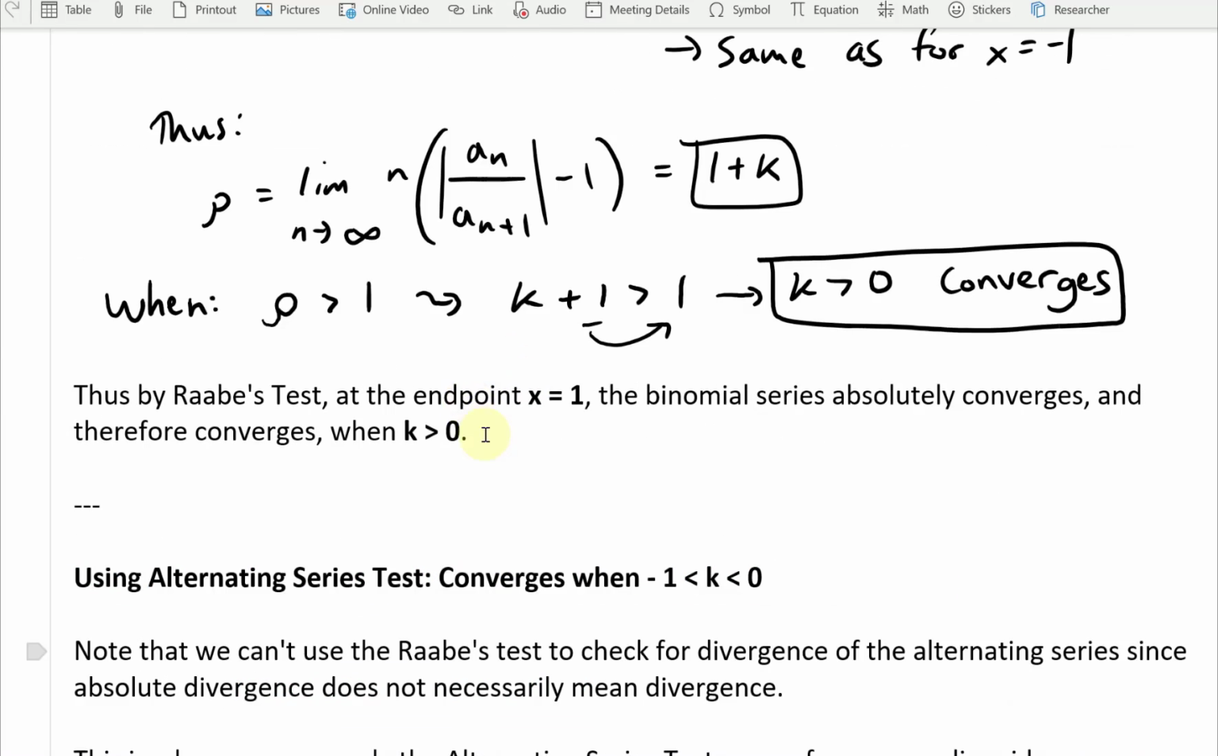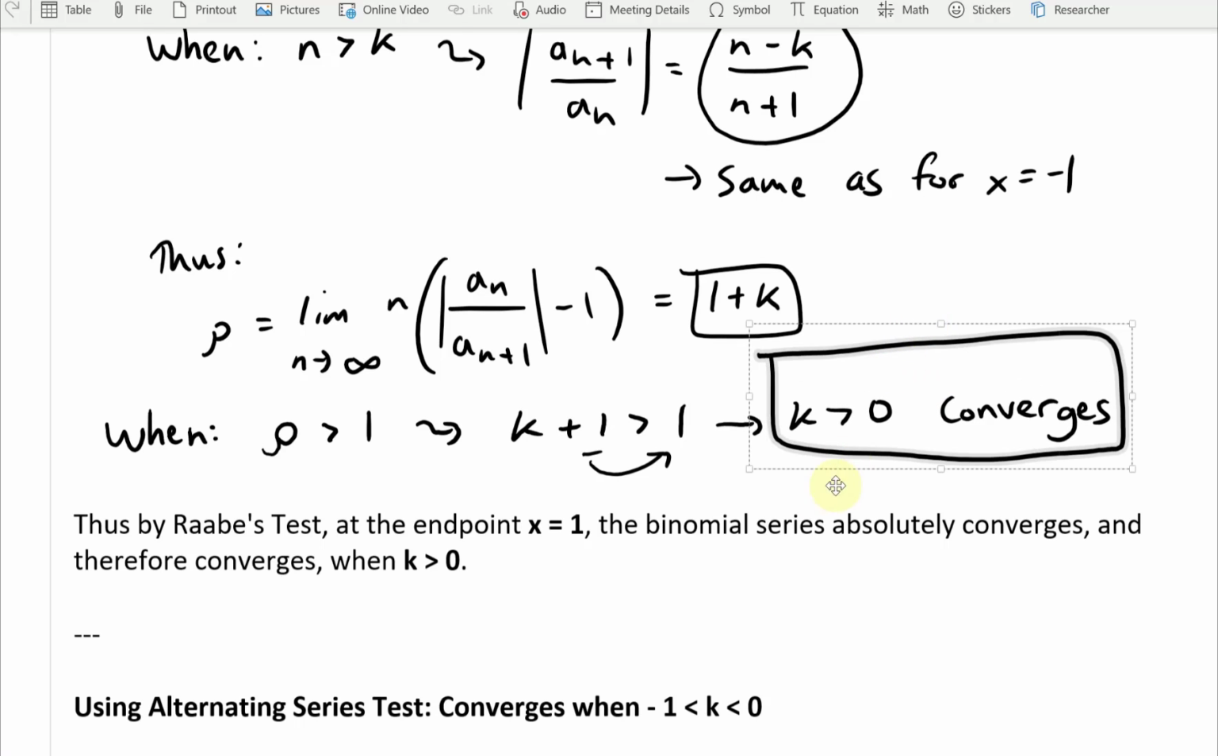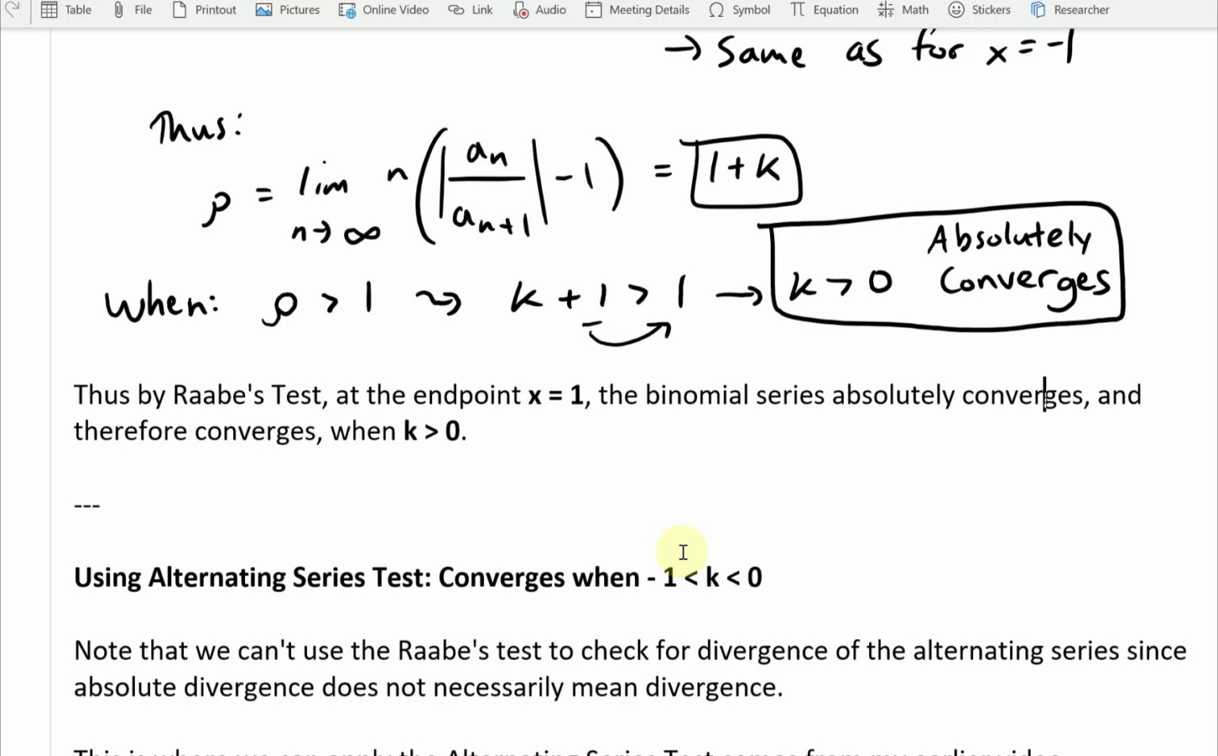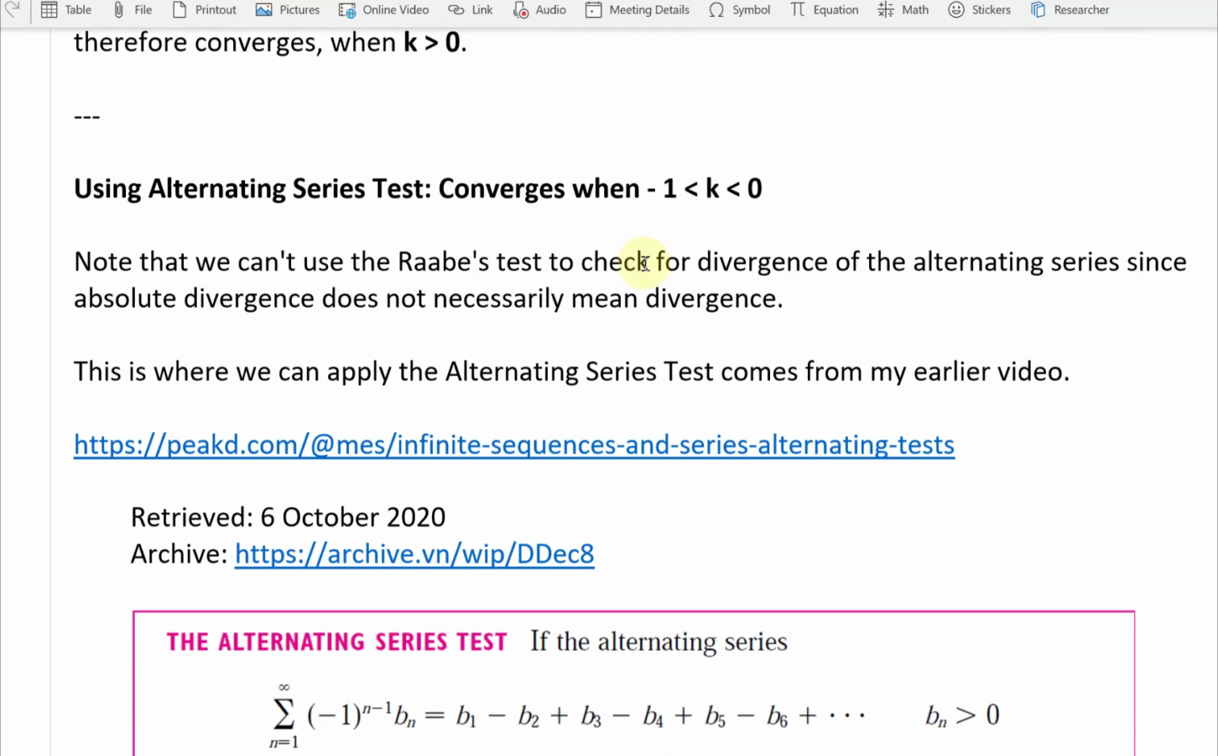So for completeness, let's write this, make this a bit bigger here. Absolutely diverges, converges absolutely, just so that we don't get confused. So when rho is less than 1, then k will be less than 0, we can't say absolutely diverges because it may conditionally converge, even though it absolutely diverges. So right here, we can't use Raabe's test to check for divergence of the alternating series,